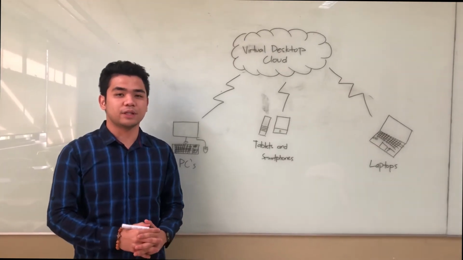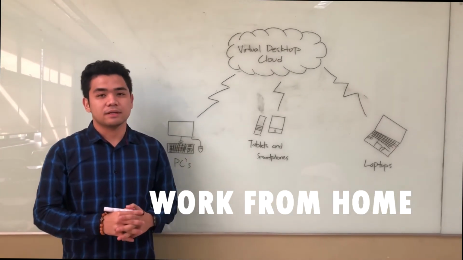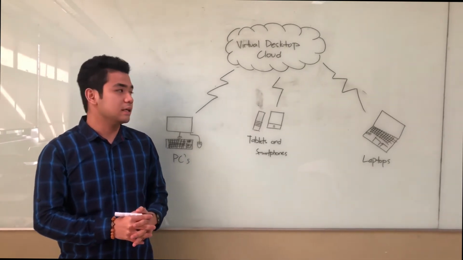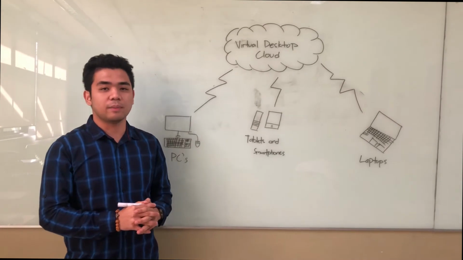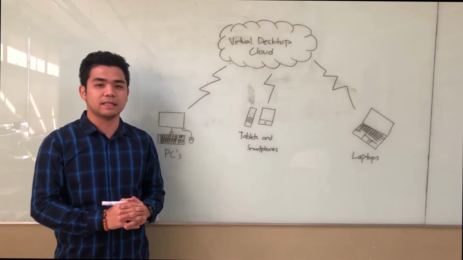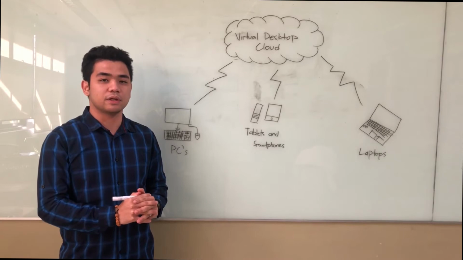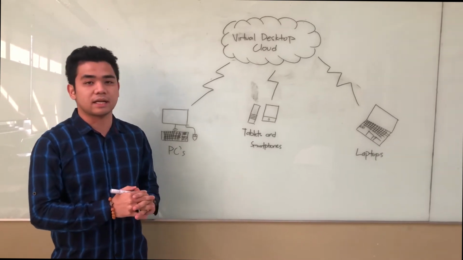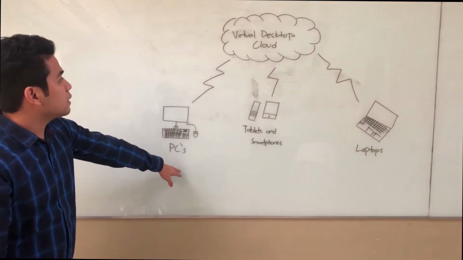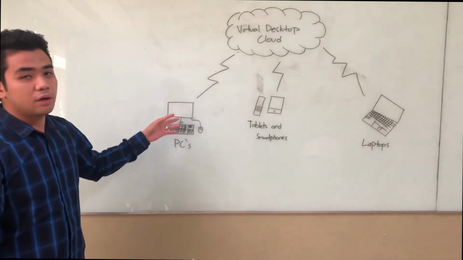So the next type of virtualization is desktop virtualization. It is also known as work from anywhere. It provides work convenience and security. It also enables us to remotely access any data through any devices. It provides flexibility and feasibility to its users, and the data is safe and secure because it is stored in a centralized location.